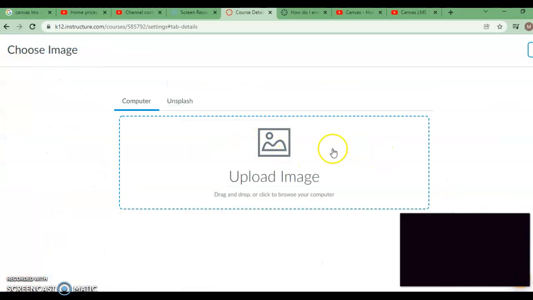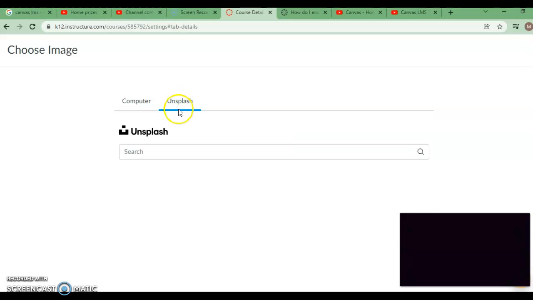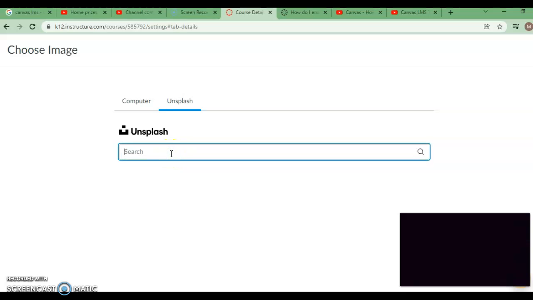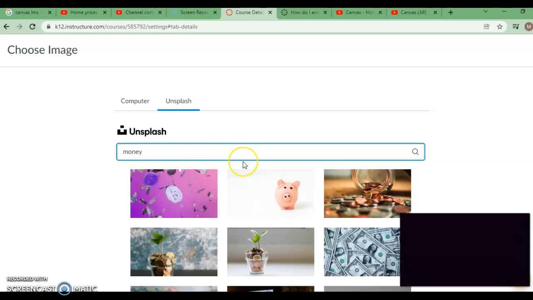We can either upload from an existing file that we have saved on our computer, or we can go to this tab that says Unsplash, which is sort of a search engine for images. So we can just type in a name. So if we're talking economics or finance, let's put money,